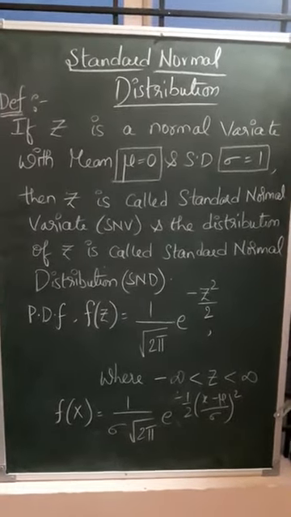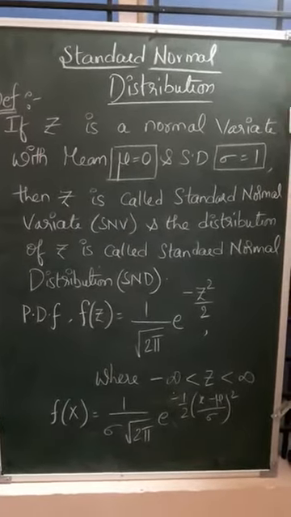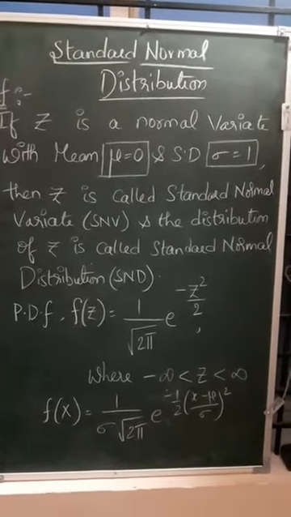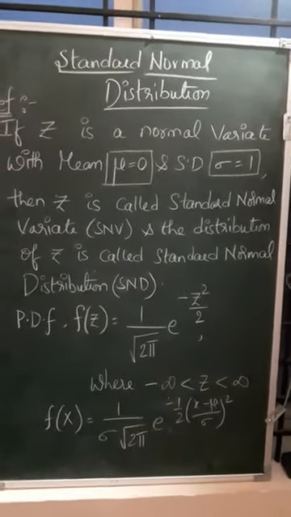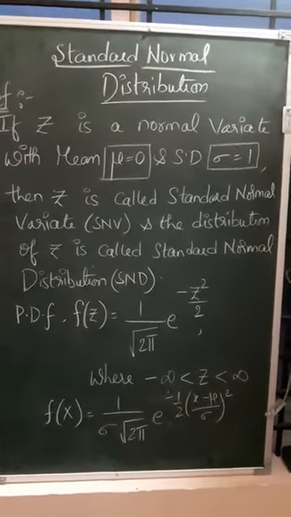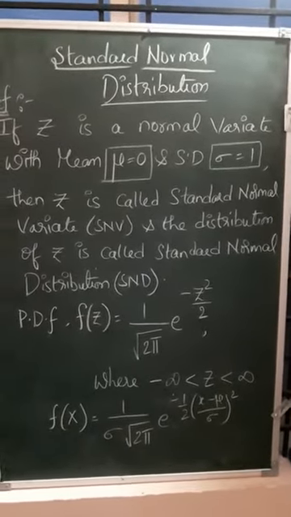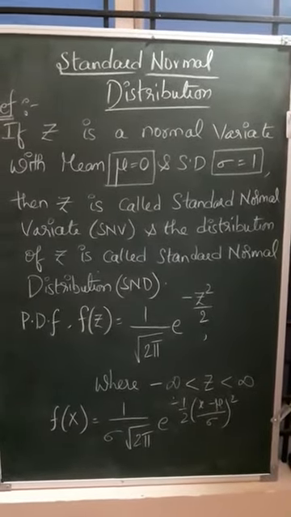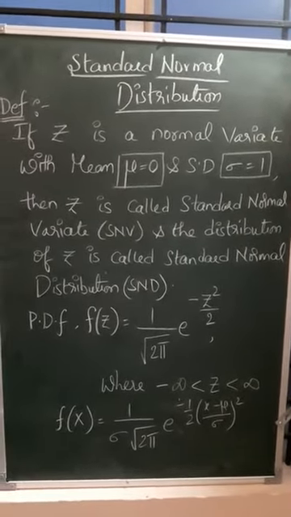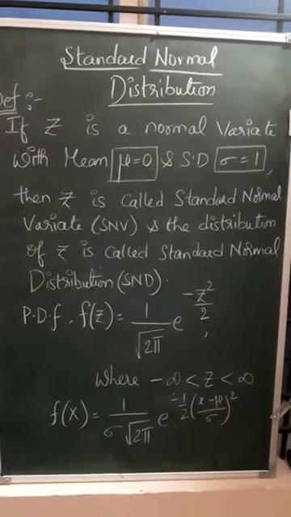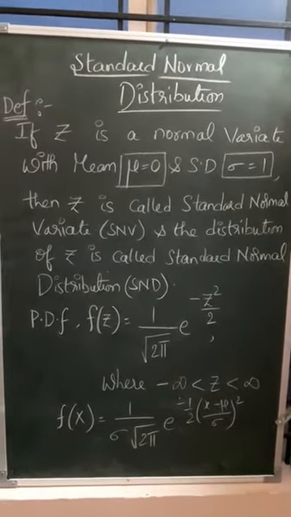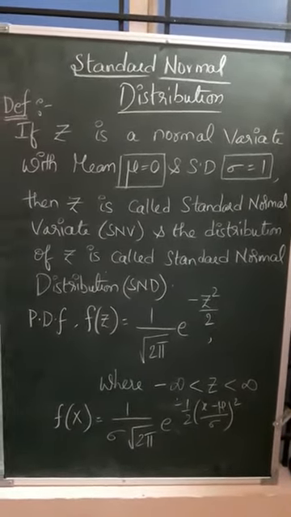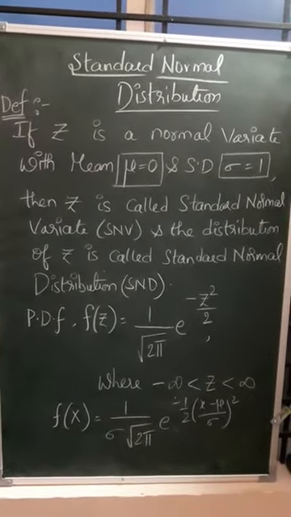Now in that PDF f of x, we said x follows the standard normal variate Z when mean mu equals 0 and standard deviation sigma equals 1. Now look at that PDF down there. In place of sigma you substitute 1. What will it become? 1 by root 2 pi. That is what I have written. See, f of Z, 1 by root 2 pi. How come? Sigma is 1 now in standard normal. That's why in place of sigma I substitute 1, and that will become 1 by root 2 pi e power of minus 1 by 2 x minus mu, where mu is 0, right?